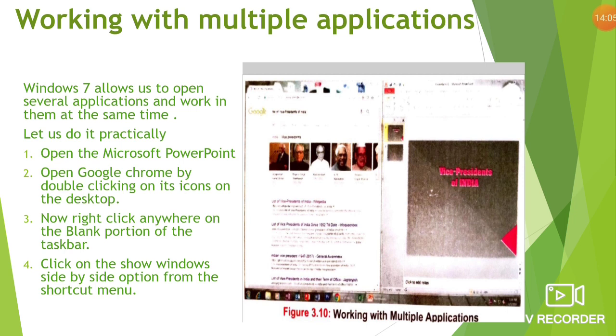When you right click, it shows the option Show windows side by side. Select that option from this shortcut menu. Then both application windows will be displayed side by side. Now you can browse information on the topic while working in the presentation software. I hope you all understand how to work with multiple applications. So now my explanation is completed.